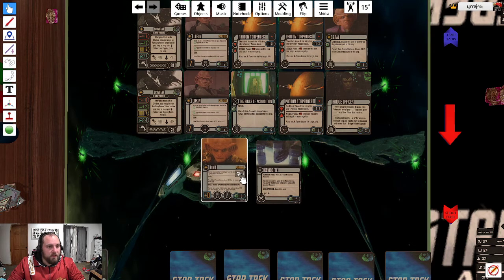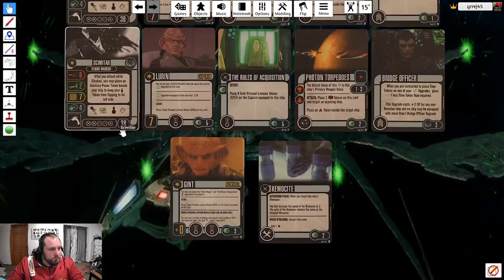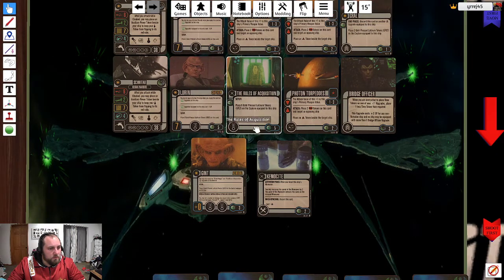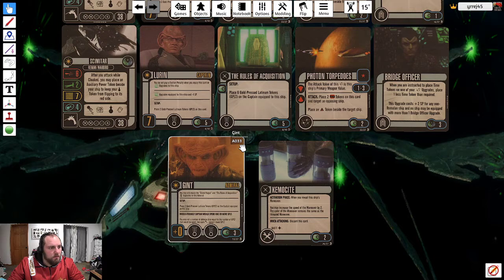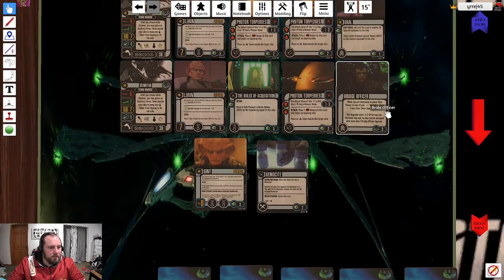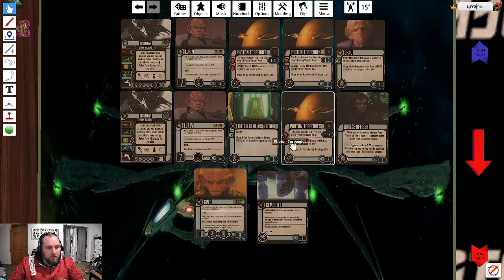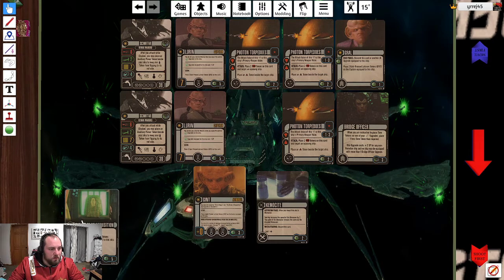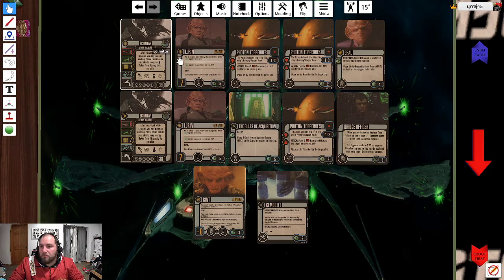the top Scimitar build is 45 points. This Scimitar is, let's see, 43, 48, 49. I believe this Scimitar build is sitting at 50. So this Scimitar build here can't really do much with these two cards, but you could supplement. You could take Rules of Acquisition out and put Ghent here or Chemocyte. So what do these two cards do for you if you want to substitute or add them to the top build? Ghent